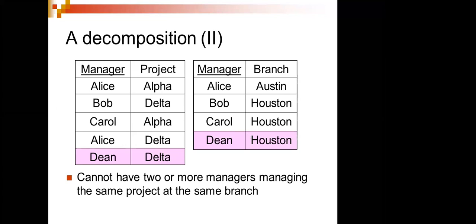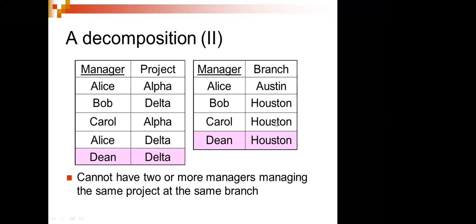So it should not be like that, because for one branch, for one company, only one manager can be there. If you go to a bank, we will find only one manager. Under him there will be an assistant manager, and above him there will be a boss. But in one branch, in one bank, I cannot have two or three managers. So here you can see Bob, Corner, Dean are three people from the same branch.